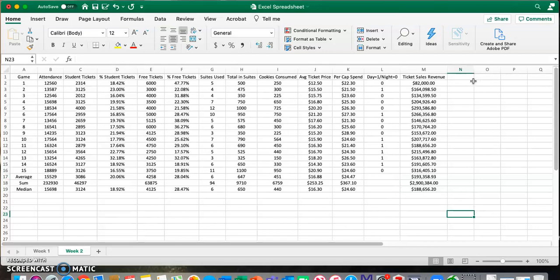Now per cap spend, that one, let's do this. Total per cap spend. And per cap spend is our variable that looks at how much people are actually spending inside the stadium per capacity. So for every attendance, people that are in there, whether they got a free ticket or whatever, how much are they spending? So we do equals again,